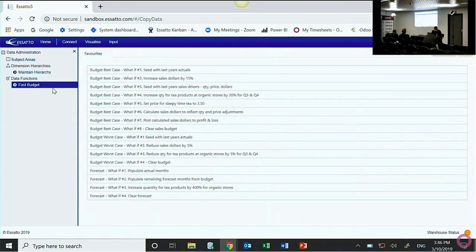All right, so I'm going to the fast budget section of Essatto, and this allows you to do top-down budgeting. That means basically I'm going to very quickly set a forecast for the entire business without having to have people manually key in all of the data at an individual product customer type level. I've got multiple what-if scenarios I've created before, so you can create as many of these different scenarios as you want. But for my forecast, I'm going to start by bringing in my 8 months of actuals that have already occurred,